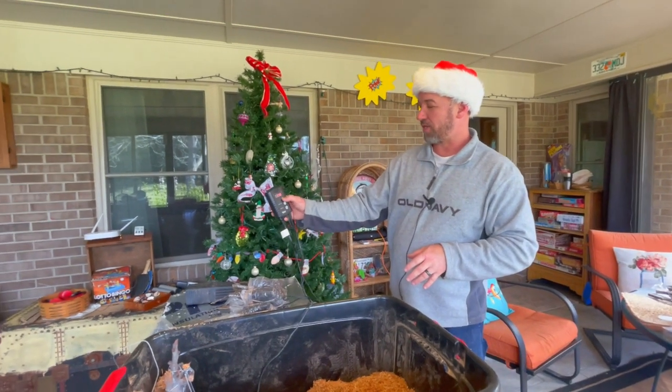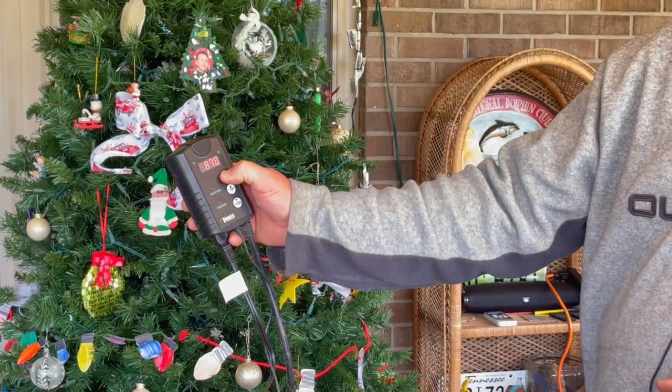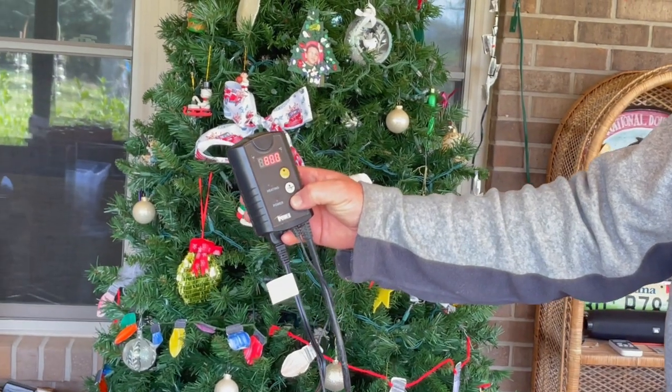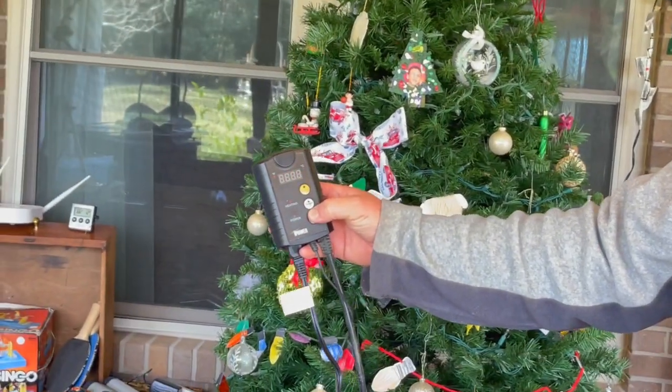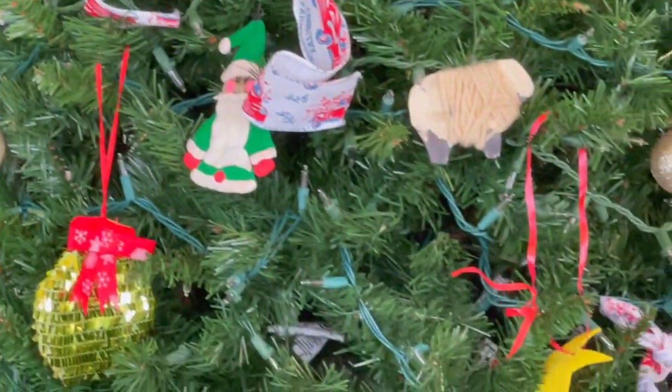And how you do that is when you just hit this and hold down the set button. And once it flashes, just go to where you need it to go down to. We're going to put it on 77 and hit set. And then we're going to let that do its thing. I have this